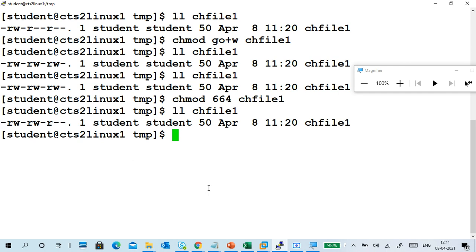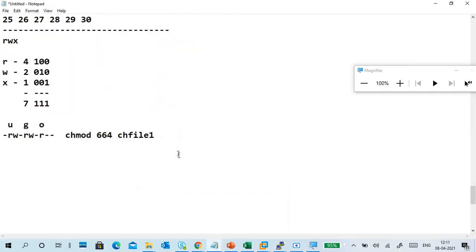Okay. Just try to understand. If I give chmod 644 on file 1, what kind of permission will I get? Tell me the permission. Read, write, read, read. Right? Because 6 means 4 plus 2, 6. Next 4 means only read, and 4 means only read. Very good, it's the correct answer. So it's RWRR.